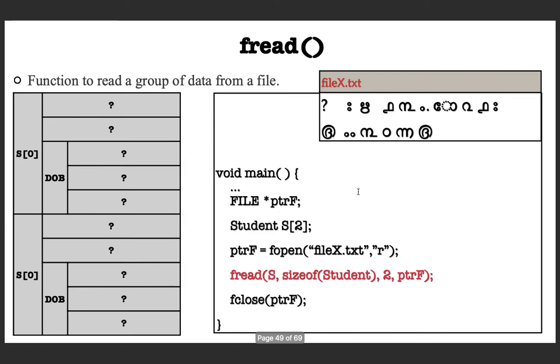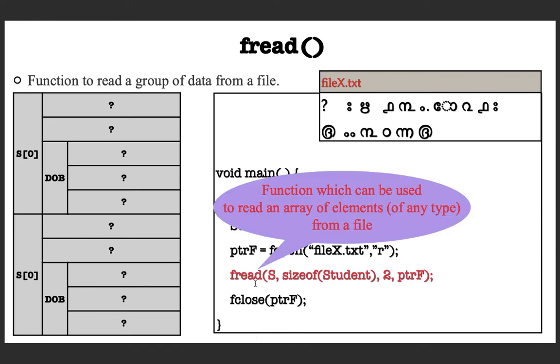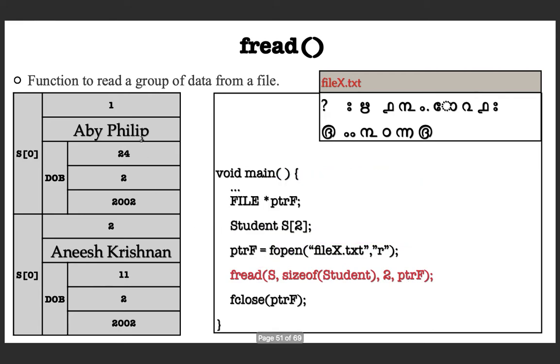And after that, getting down to this statement, which is what we wanted to understand, which is a function that you can use to read an array of elements from a file. Here again you have to pass the address of the array, size of each element, number of elements to be read, and the pointer to the file handle. Okay, the same structure, and if you read it, you will get this field. Note that whatever be the sequence of elements written onto this file, you can read it back using a single statement.